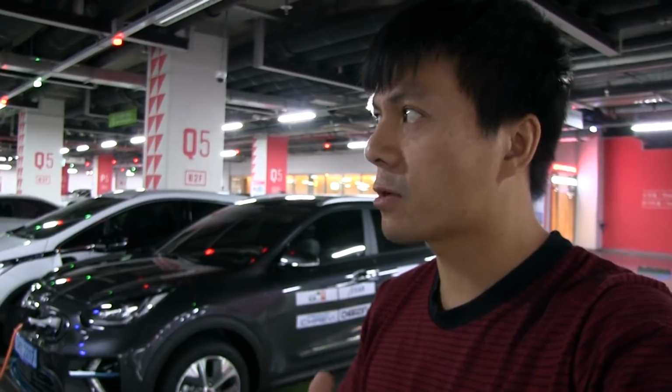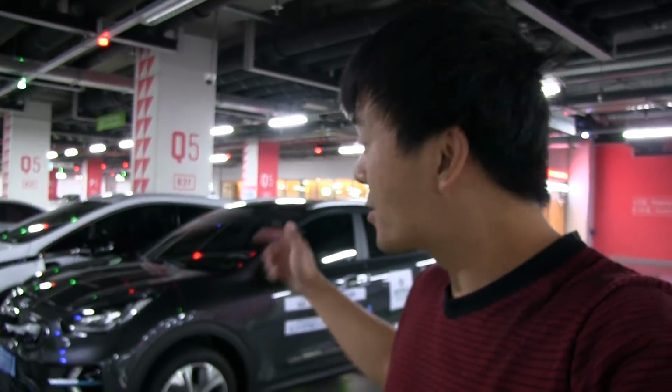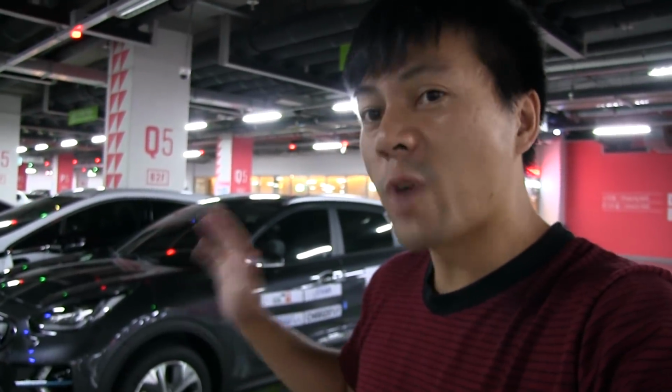We are now in Seoul. This is Lotte Mall. I think Lotte is everywhere in Korea. That's what I figured out. But anyway, this is the Kia Niro EV, and today I'm going to test the range on it, and